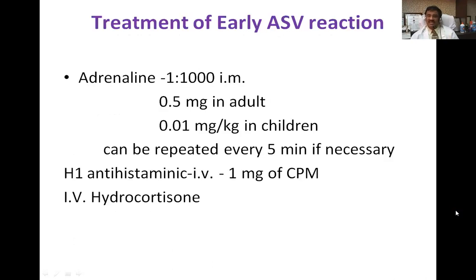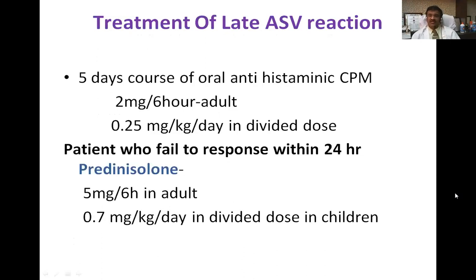Early ASV reaction can be managed with the help of adrenaline injection, antihistaminic injection and IV hydrocortisone. These are to be given with proper medical care by medical practitioners. Late ASV reaction can be treated with oral antihistaminic tablets,